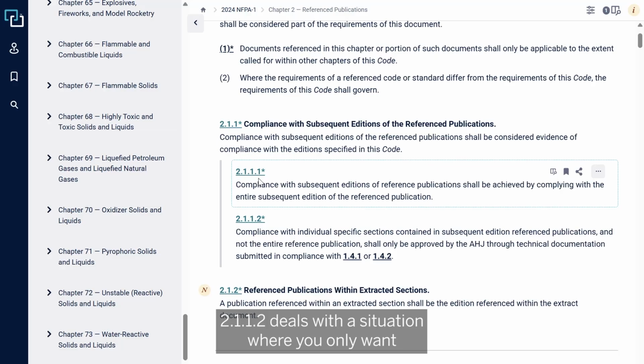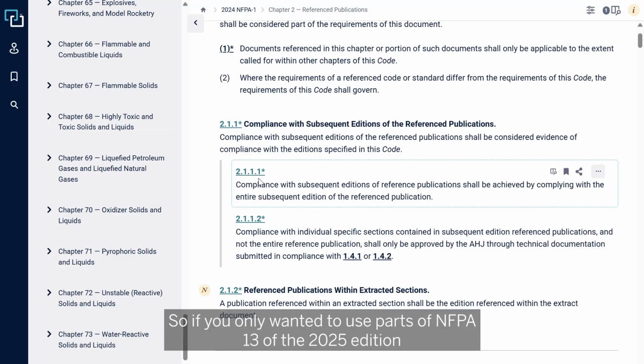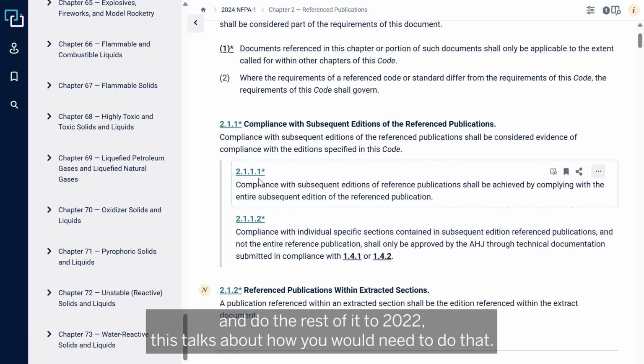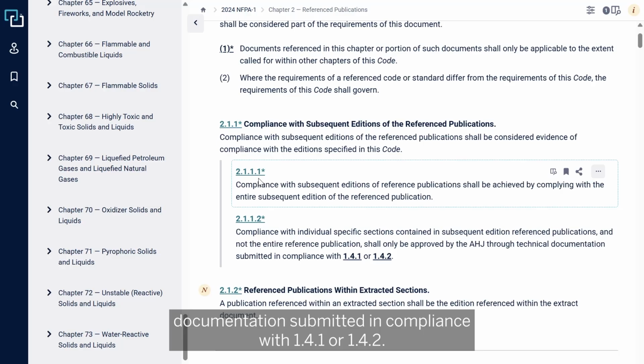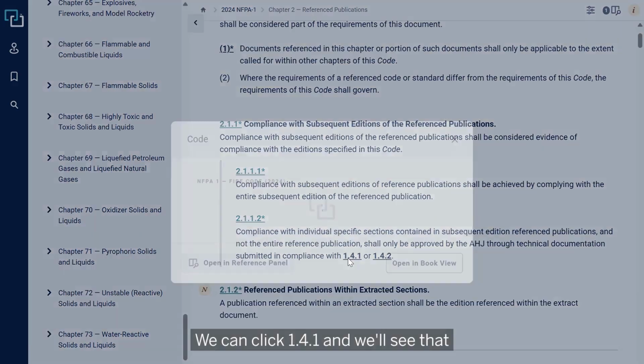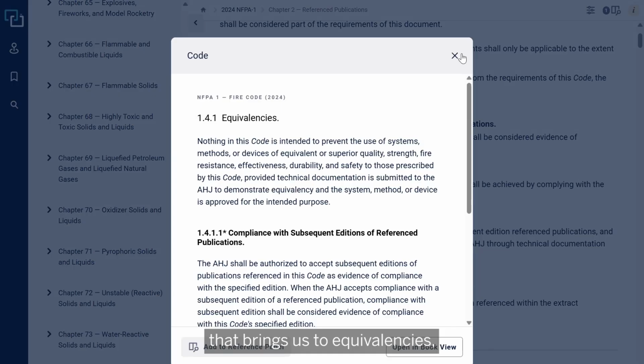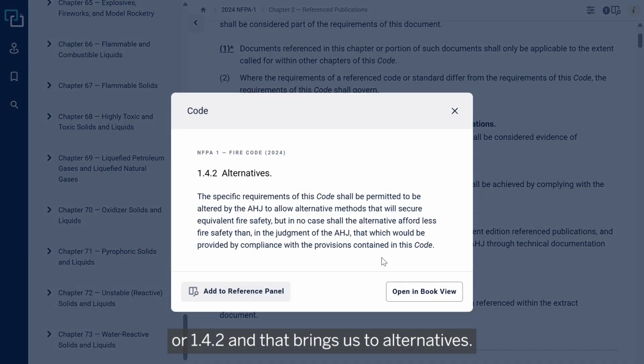2.1.2 deals with a situation where you only want to use a specific section of a subsequent edition. So if you only wanted to use parts of NFPA 13 of the 2025 edition and do the rest of it to 2022, this talks about how you would need to do that. So it says you have to have approval of the AHJ through technical documentation submitted in compliance with 1.4.1 or 1.4.2. We can click 1.4.1 and we'll see that that brings us to equivalencies, or 1.4.2 and that brings us